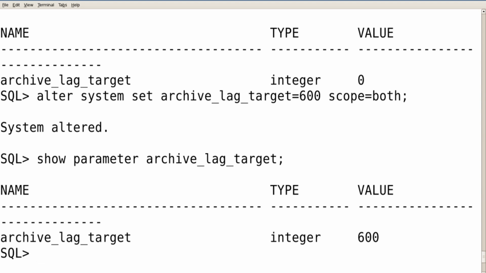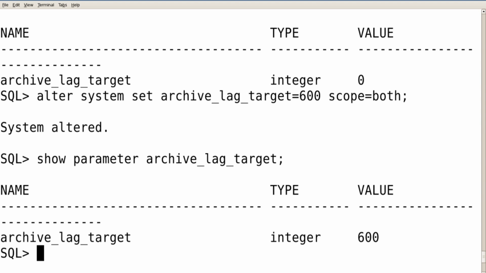Guys, you can solve this issue in your real-time environment. If you are facing a lag in your standby, find the reason, and you can do a test case by changing these seconds, and note down the difference between 10 minutes, 5 minutes or 30 minutes.